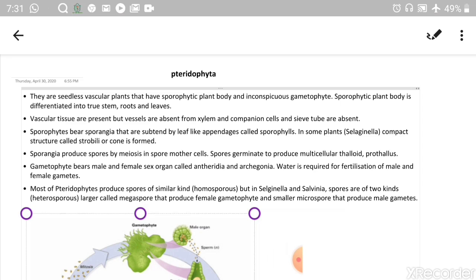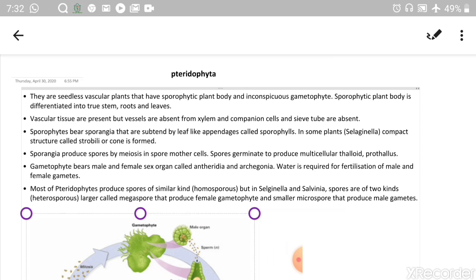Vascular tissue means xylem and phloem, which helps in transportation of water and minerals and translocation of food. These pteridophytes, they grow in cool, damp, shady places. In previous group, we studied that gametophytic phase is the dominant phase in the life cycle of bryophytes and thallophytes. In pteridophytes,